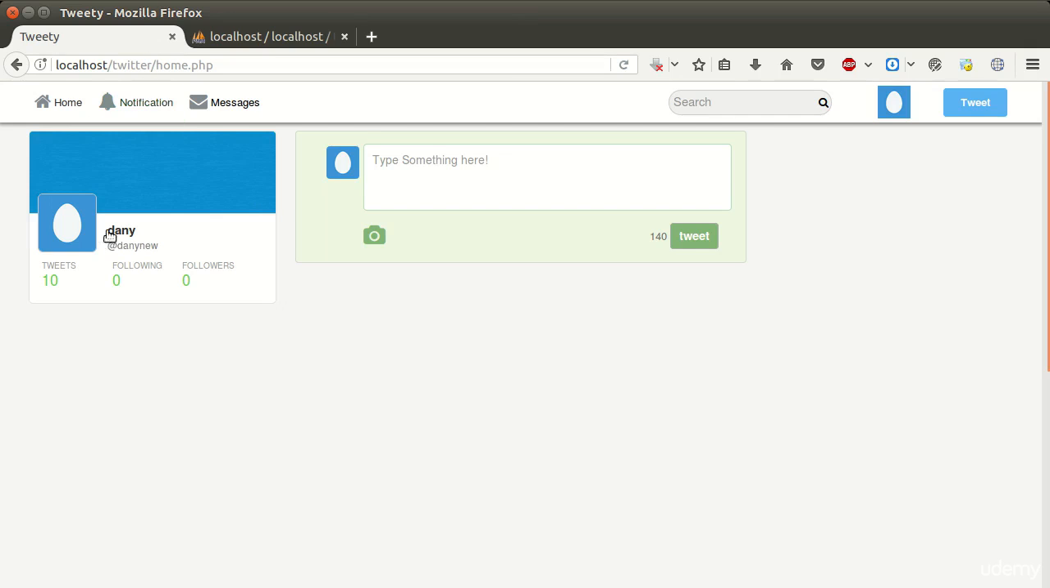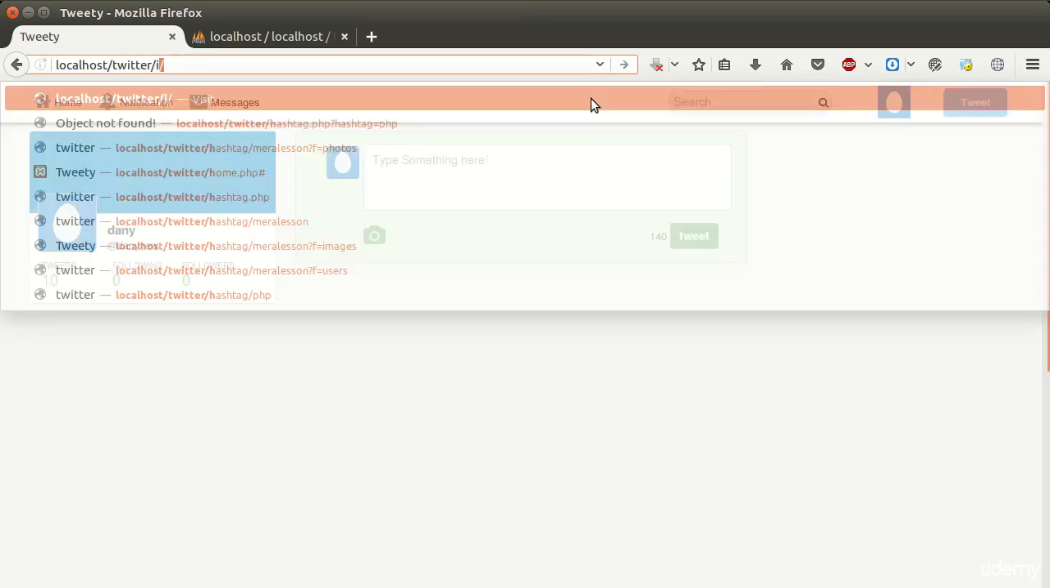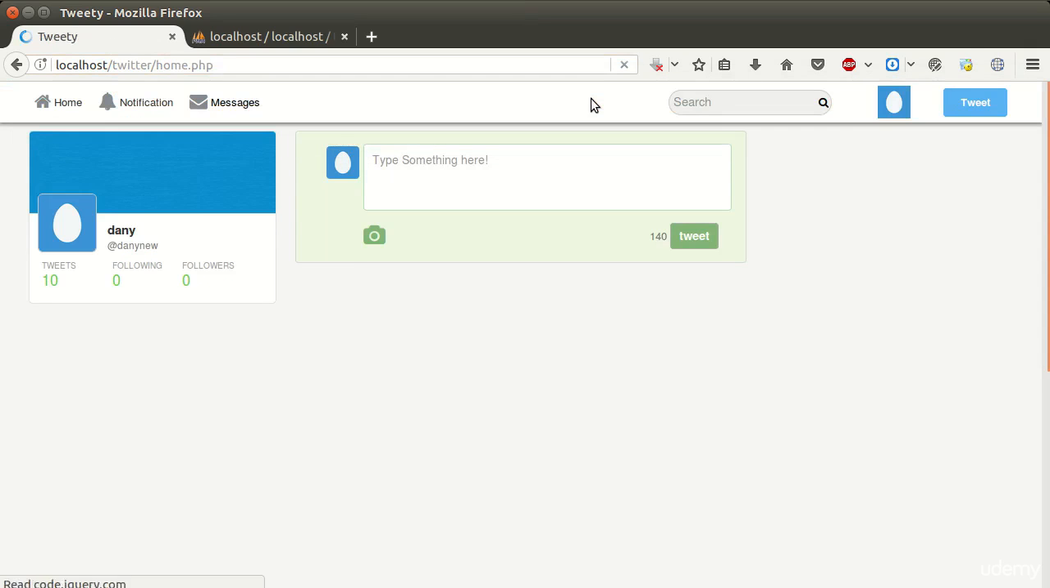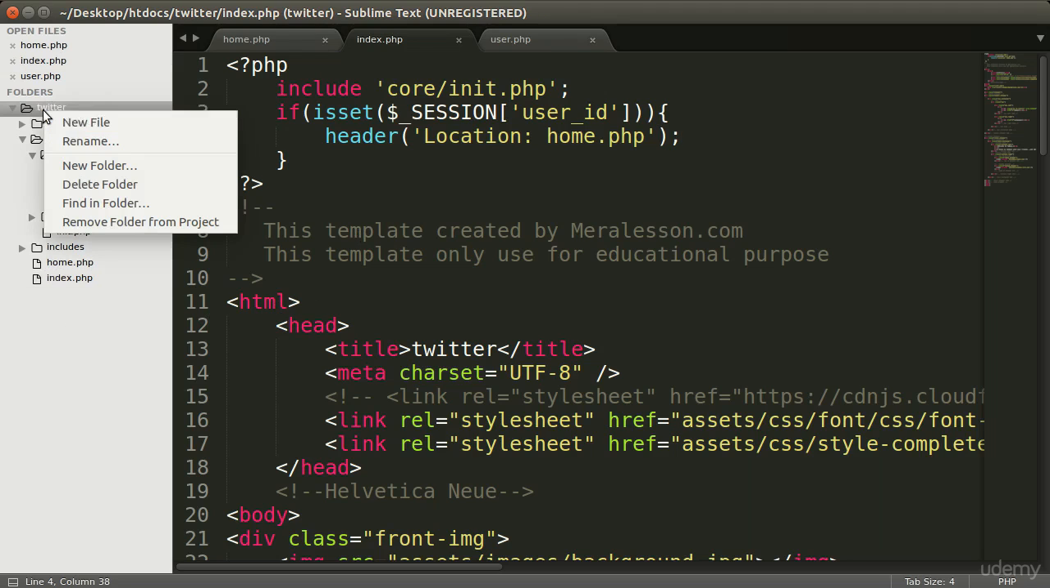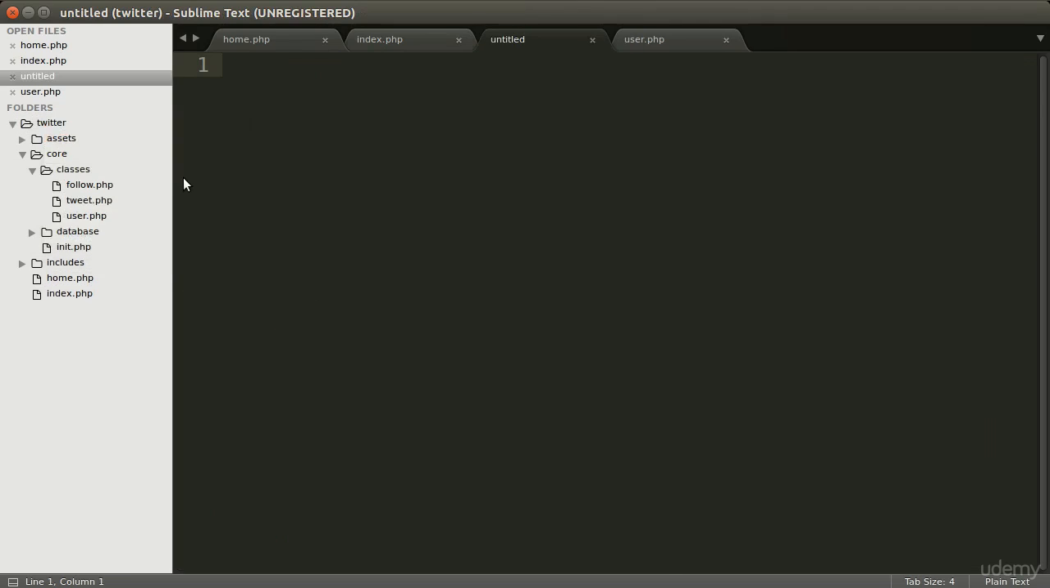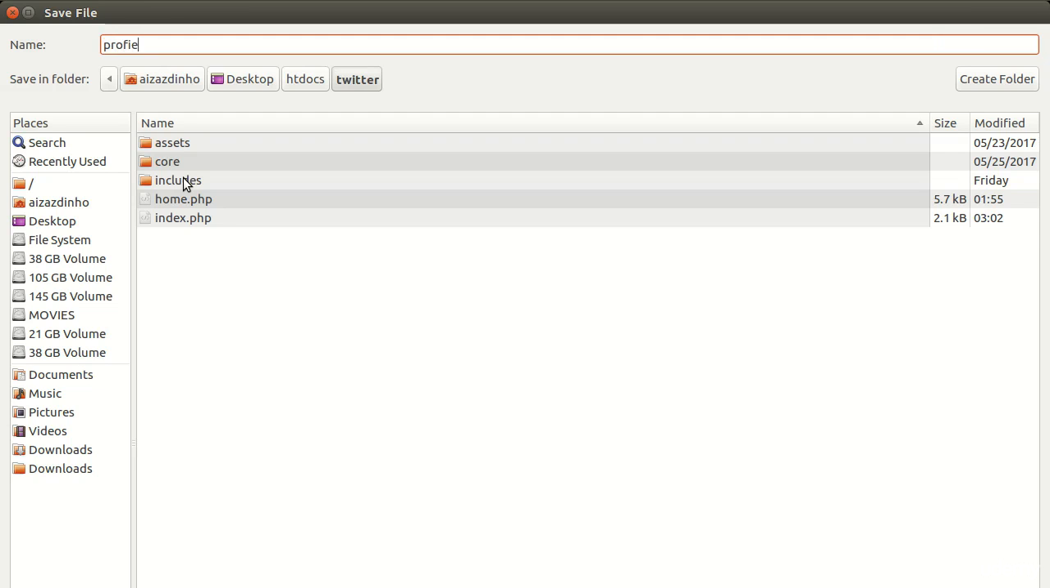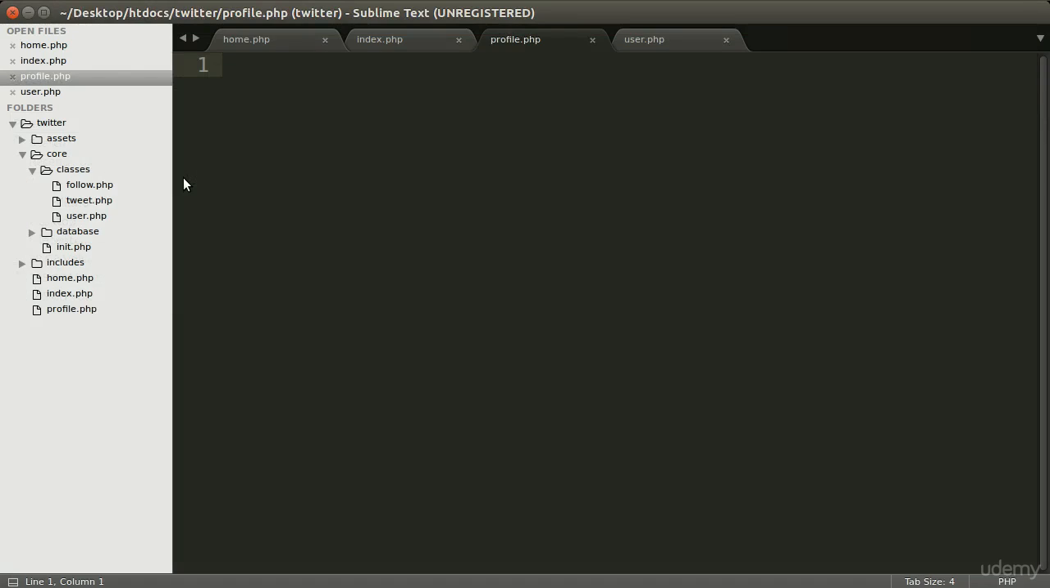I logged in as Danny. Let's try to access the index.php, index.php. Now it redirects to home.php, and let's create the profile.php to display the user's profile. So go to your code editor and create a new file in your tutor folder, and this will be profile.php. Now open and close the PHP tag, and here we need to create an if condition to get the username from